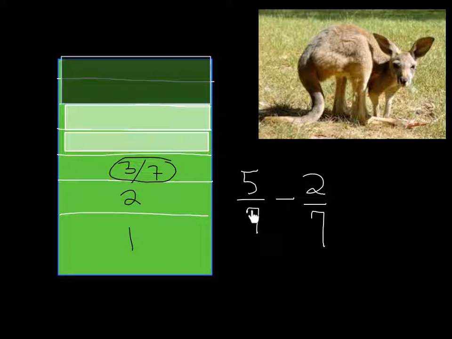Now the algorithm, we just set our fractions up with one fraction and then the subtraction sign and another fraction. Now the very first rule with adding or subtracting fractions, in this case we're subtracting, is that you must have common denominators. These must be the same. And they are both 7, so they are both the same. The next thing is all I do is add or subtract. In this case I am subtracting the numerators. So I'm taking 5 minus 2, and 5 minus 2 is going to give me 3